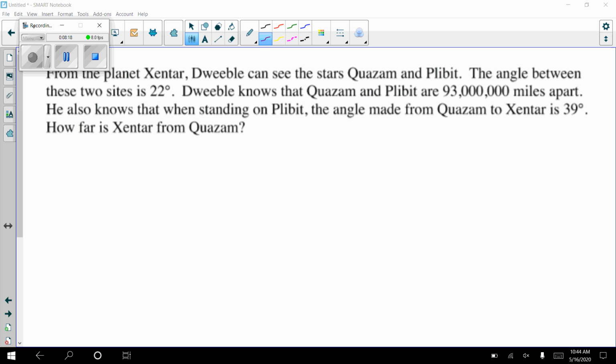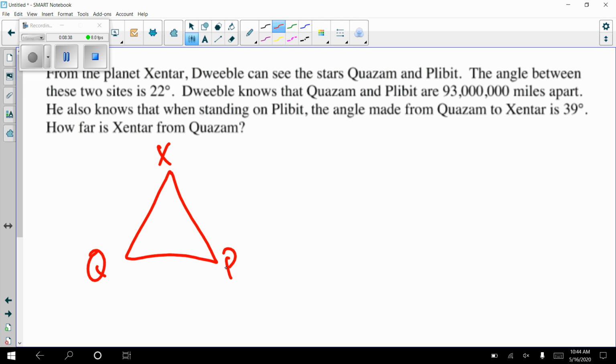Let's try this one. From the planet Centaur, Dweeble can see the stars Quasum and Pilbit. The angle between these two sites is 22 degrees. Okay, so here's Centaur. Dweeble can see the stars Quasum and Pilbit. The angle between these two sites is 22 degrees. Dweeble knows that Quasum and Pilbit are 93 million miles apart. Big number. I think that's actually the distance from the sun to the earth. He also knows when standing on Pilbit, the angle made from Quasum to Centaur is 39 degrees. So he knows that. How far is,